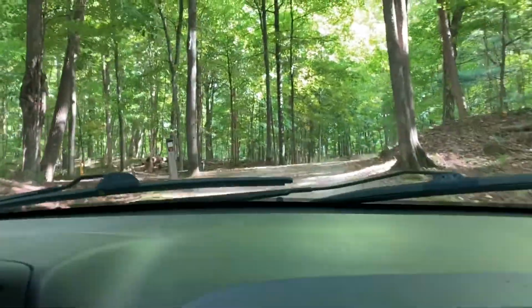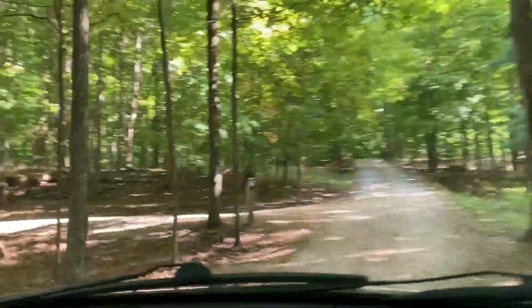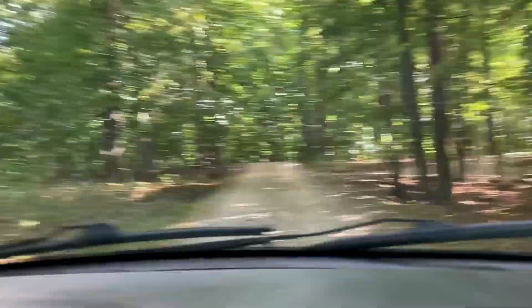Some of them have a little more privacy than others. Some of them are up on the hill, which makes no sense because there's really no camping. There's some electrical sites. Yeah, the ones with the yellow boxes. That's where you plug your...